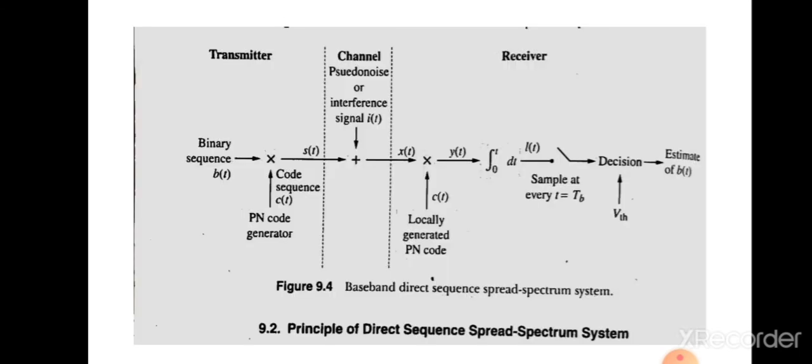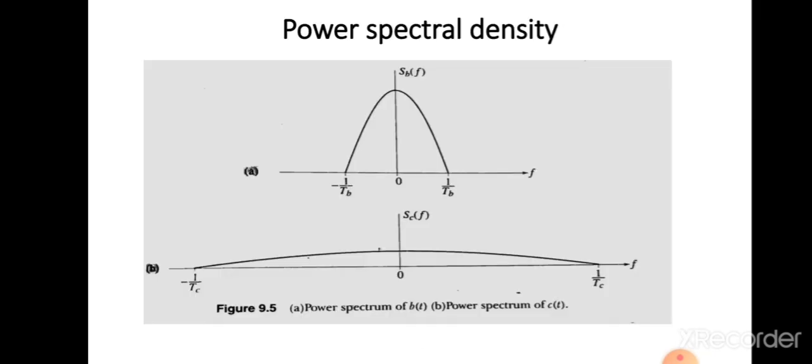See, this is the block diagram. Here you can see that at the demodulator side you obtain y of t, and y of t will have the component b of t plus i of t into c of t. So at the demodulator side we will obtain y of t equal to b of t. That means the original binary sequence will be retrieved at the demodulator side. So we can say that this PN sequence at the receiver side despreads the received signal, and we will obtain the original binary sequence b of t.